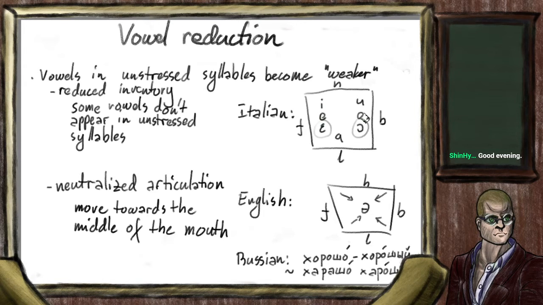And all of these 7 vowels can appear in stressed syllables, but only 5 of them can appear in unstressed syllables. So out of these 2 A's, the normal A is higher in the mouth, and the Greek epsilon is lower in the mouth, closer to A. An example word for this is bene, where the first syllable is stressed, has the lower A, and the second syllable is unstressed and has the